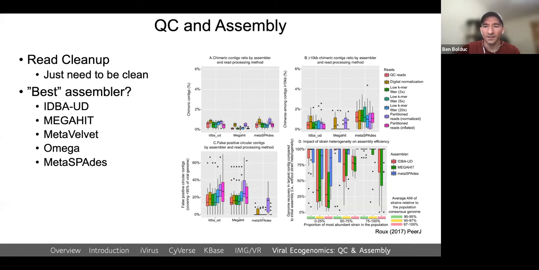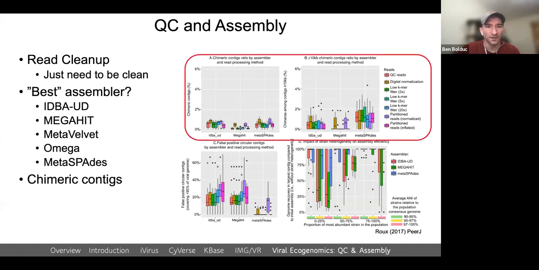The next thing I wanted to say is that certain assemblers have certain advantages and disadvantages, and this is what I was getting to a little earlier. So if you're looking to reduce the amount of chimeric contigs, and what is a chimeric contig, you ask? A chimeric contig is when you have two or more similar but different genomes assemble into the same sequence,